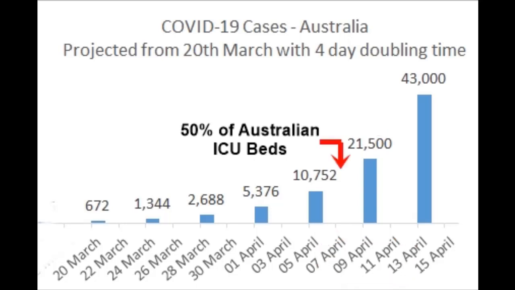So what do these numbers actually mean? Well, if we look out to early April, somewhere between the 10,000 and 21,000 cases, that's where we're using about half of all the ICU beds in Australia, just for coronavirus patients. And most ICU beds in Australia are full most of the time, so it's going to be very hard to use half of them for coronavirus only. And beyond that, if we continue at this rate and then double every 4 days, we're going to be trying to use all of Australian ICU beds for coronavirus patients, and we're going to be trying to expand them to accommodate them.